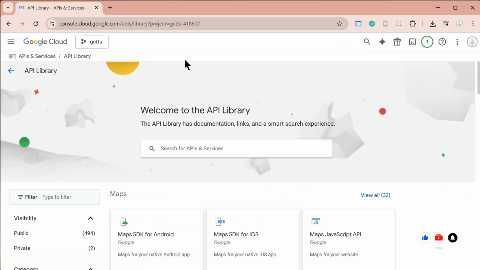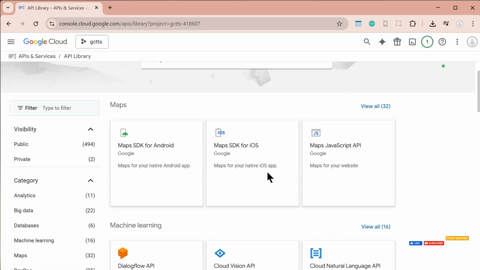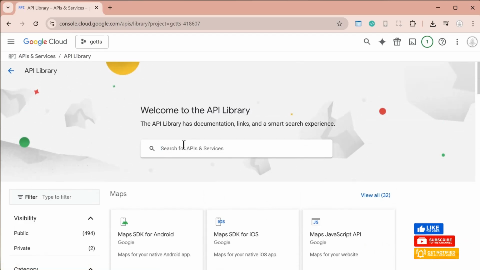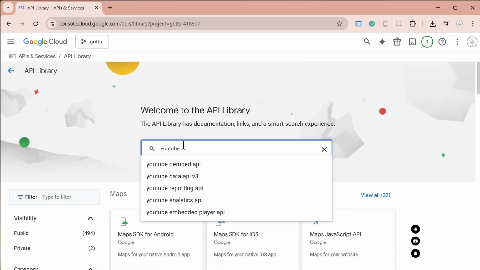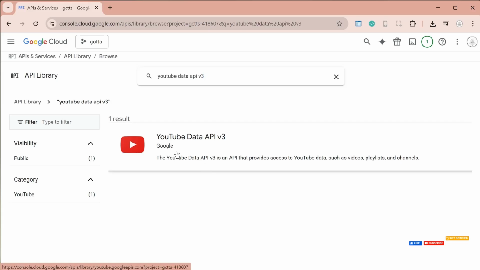So let's click on this button, and now we have a list of APIs. Here we can search for YouTube, and what we are looking for is YouTube Data API version 3. So we will select this one, and then we will click on this one,